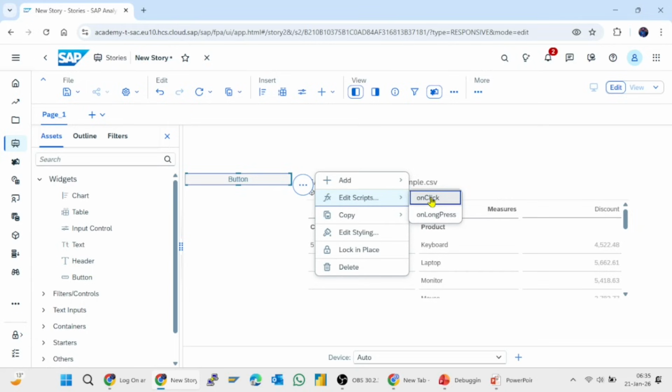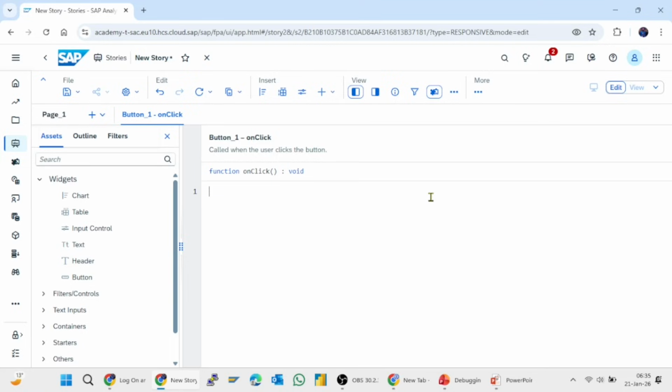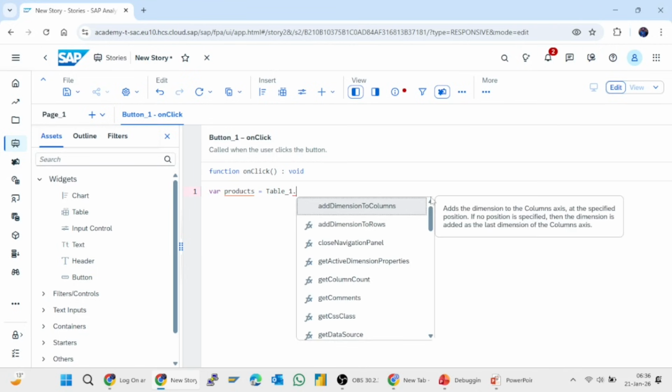Then we will be redirected to the onClick function. Now here we will write our function scripting. First of all, we have to create a variable of products, because we want to get the members of the table's product dimension. And after that, we will do some debugging on that array list. So we will first create the products array, and